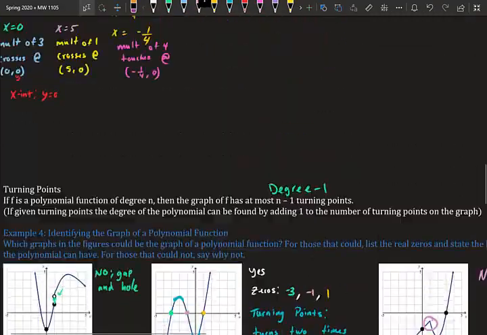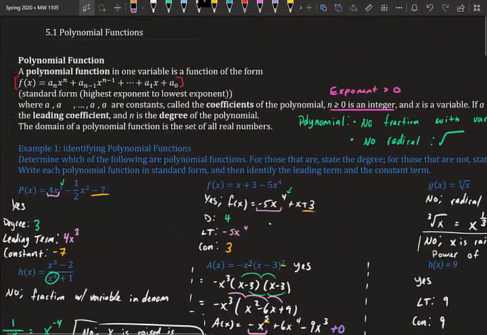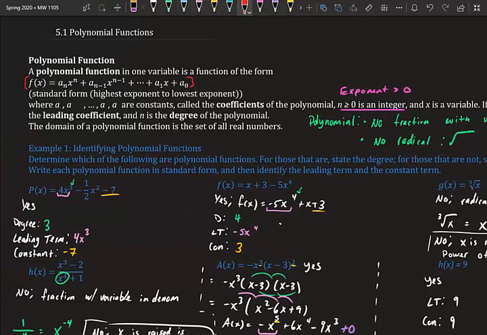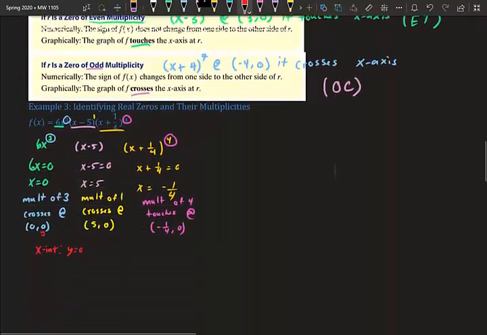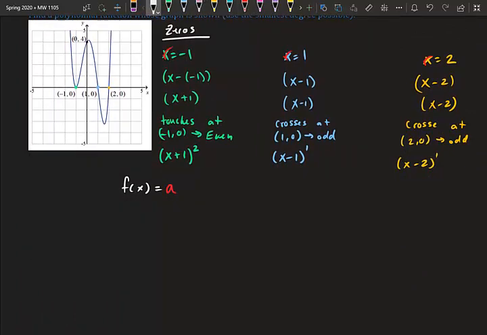Now, we go back. This is the part that might trick us up. Do we have our a, our growth factor? We don't. We're just given zeros here. So because we're just given zeros, we need to figure out what a is. Okay. Now we plug everything else in. We'll have x plus 1 squared, x minus 1 to the first, and x minus 2 to the first. So to figure out a,